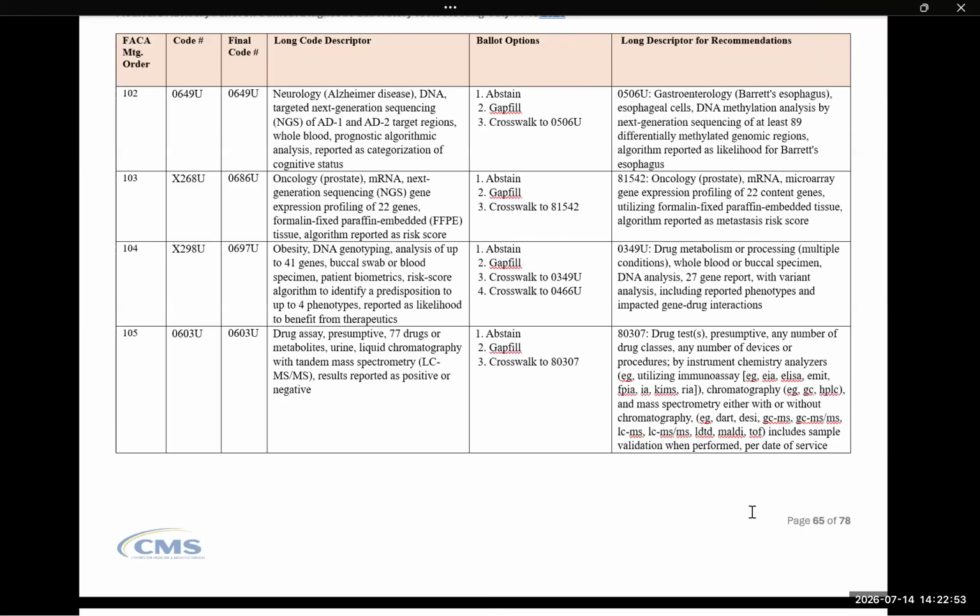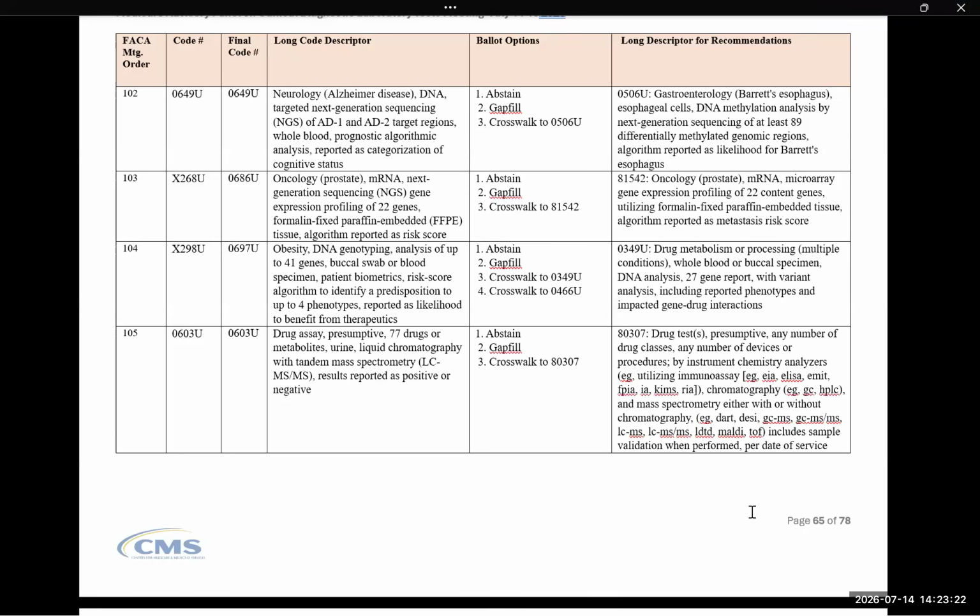Okay, do we have any questions from the panelists or from CMS about this code? All right, thank you, everybody. Panelists, please cast your votes. Thank you. Thanks a lot. Thank you, Joe. Next up is